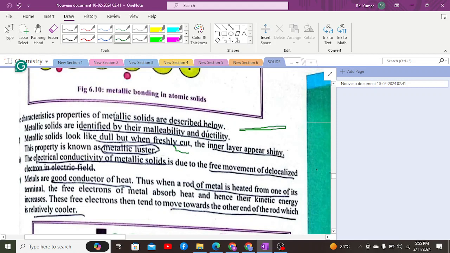The reason behind it is that they appear shiny because